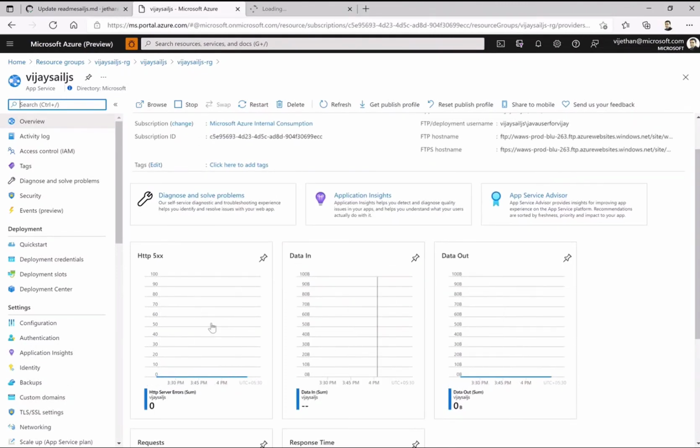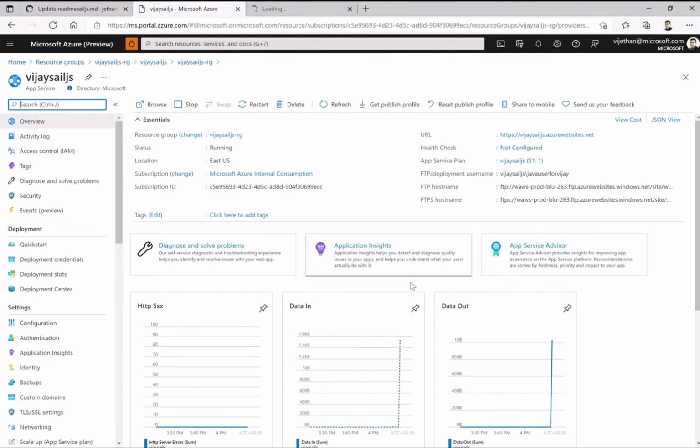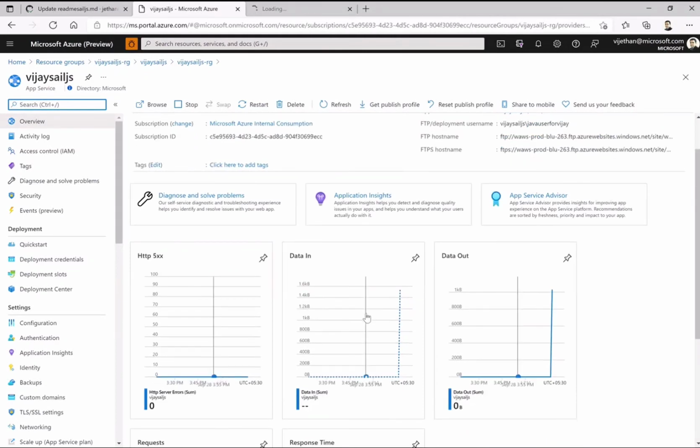Should be there soon. So data in, data out. So it is fetching now. So I think should be there.